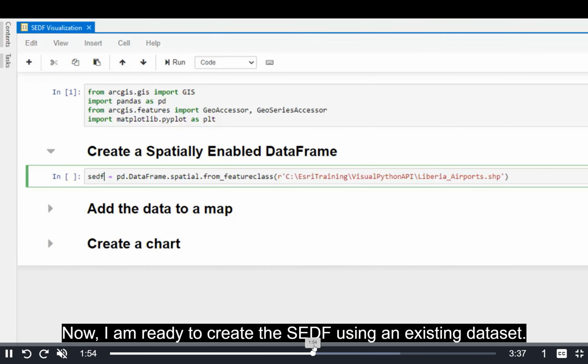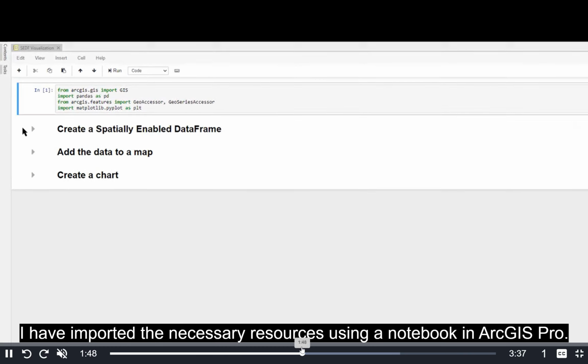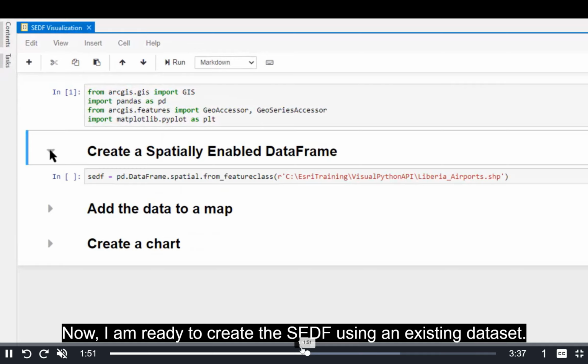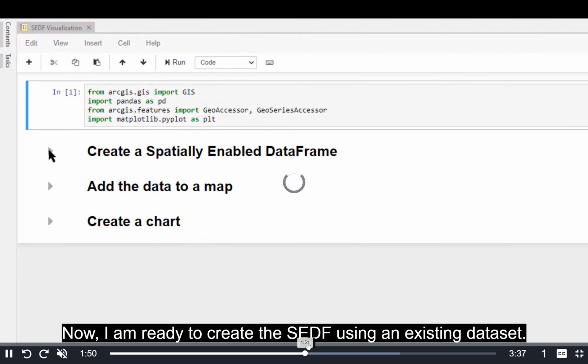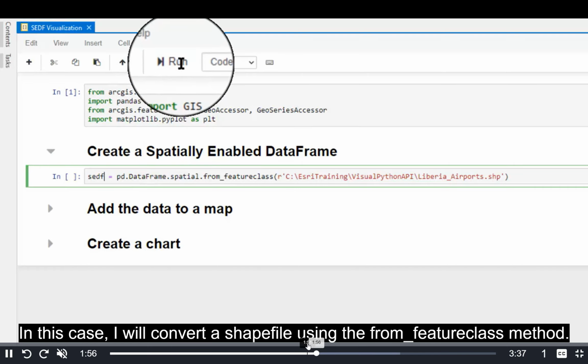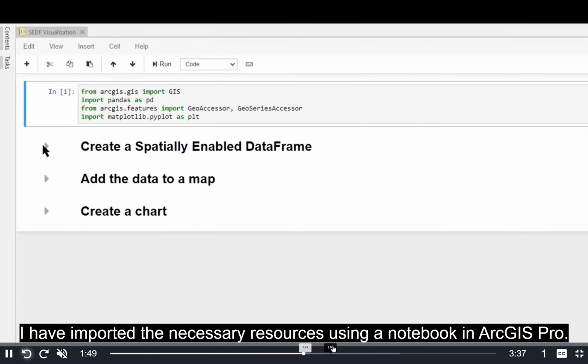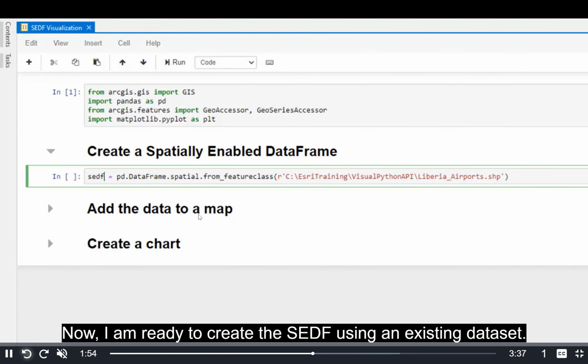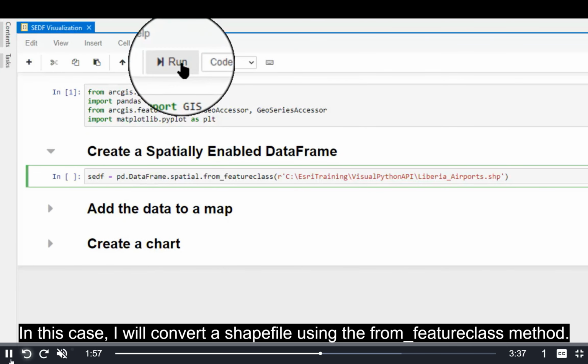And here's the exercise. First of all, import the necessary stuff: from arcgis.js import JS, import pandas as pd, from GIS features import GeoAccessor, import the matplotlib library. And now we create the SEDF. SEDF equals pd.DataFrame.spatial.from_featureclass. So you want to create a SEDF from this shapefile called Liberia airports, and now